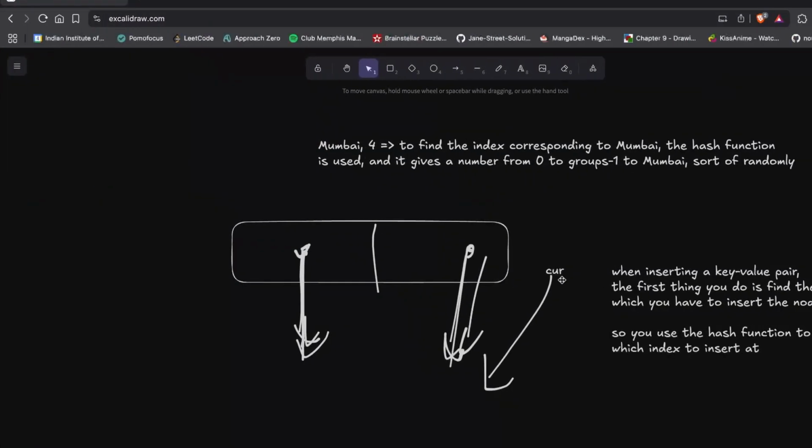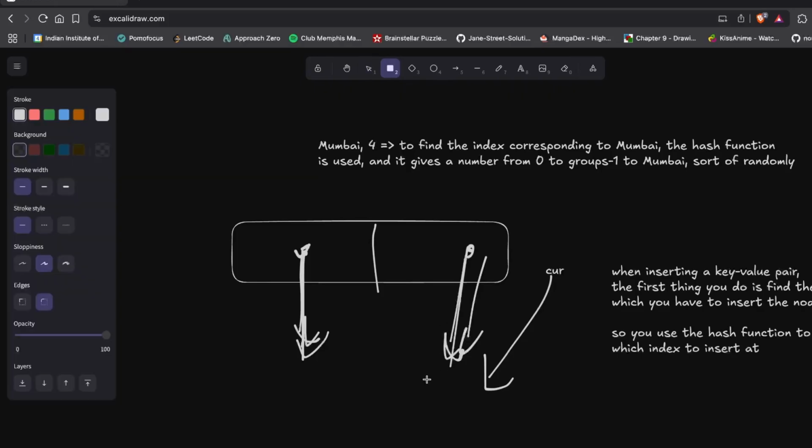Okay, so once you have gotten this particular pointer here, then what you have is simply a linked